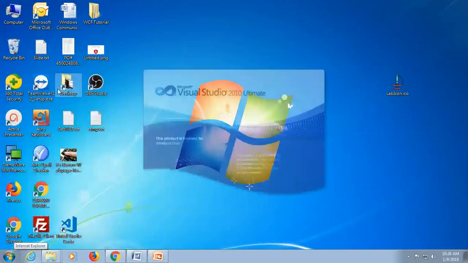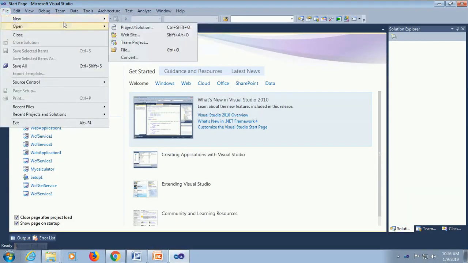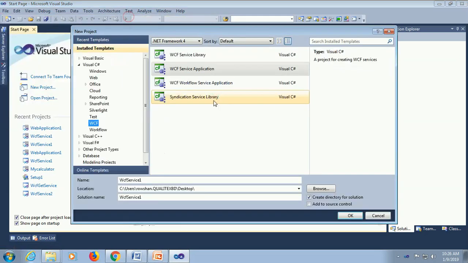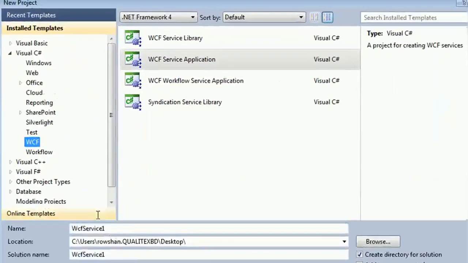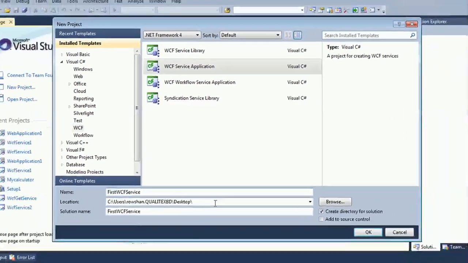Start Visual Studio. Okay, now File, New Project. Now I'm going to add a WCF project. Select WCF in the left pane and select WCF Service Application. You can select WCF Service Library as well. Now I just select WCF Service Application, name it First WCF Service, and save this file in the location of